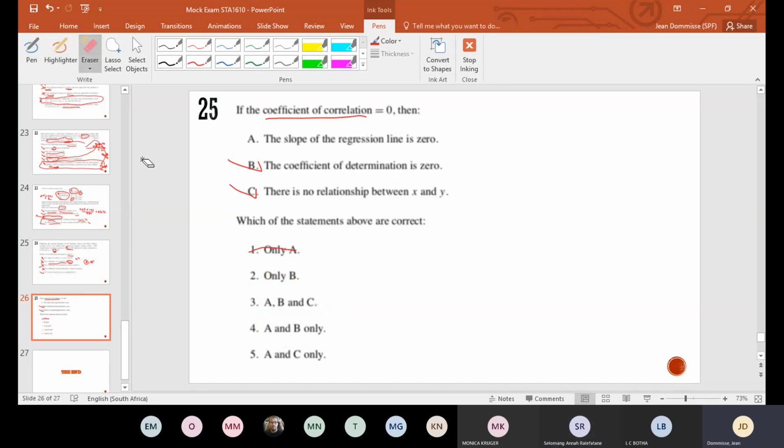Okay, so let's think, maybe option 3 can be the answer. Okay, so then there's B, there's C. Then that is the correct answer, because that's the only one. The slope of the regression line is 0, which is also going to be correct, because there is not going to be a relationship, so there is not going to be a slope, so that is also going to be correct. I'm now wondering,